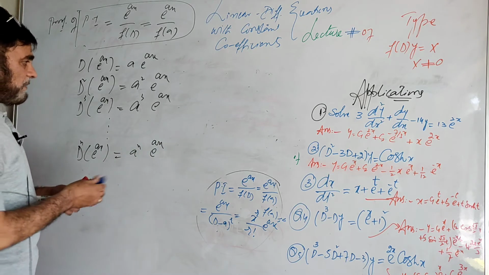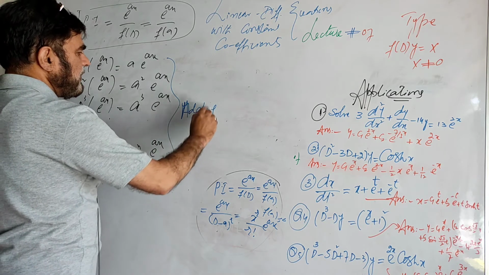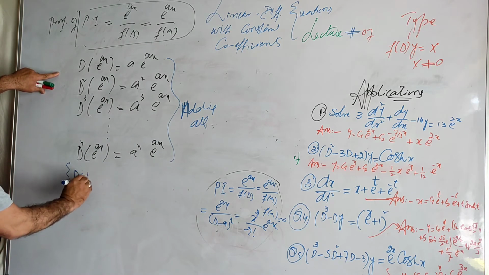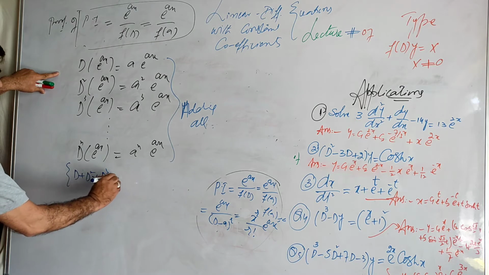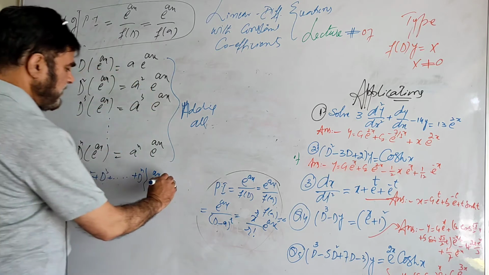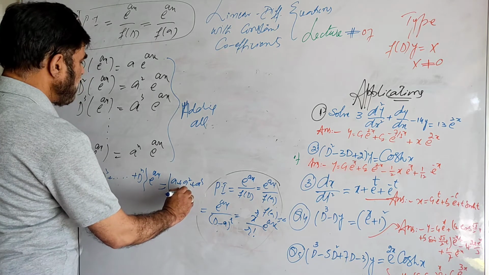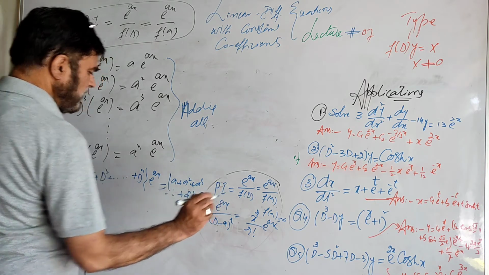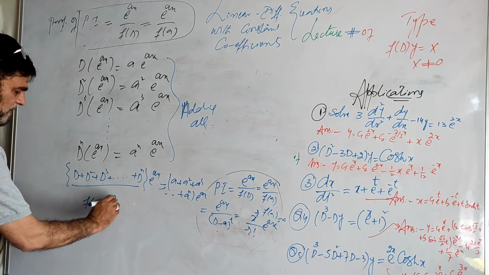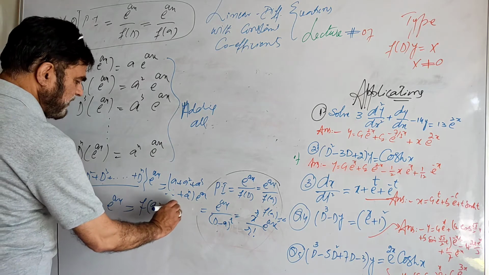Now if you add them all up, you see what we get. It is d plus d square plus d cube plus so on to d raised power n, applied to e raised power x. Now look at the right side. It is a plus a square plus a cube, and so on, plus a raised power n, times e raised power x. So look here, what is this? It is f of d, a function of d, on e raised power x. And this is some function of a, f of a, times e raised power x.